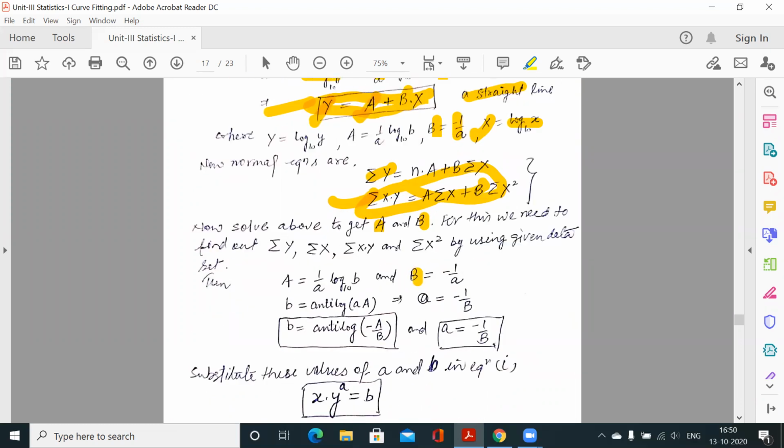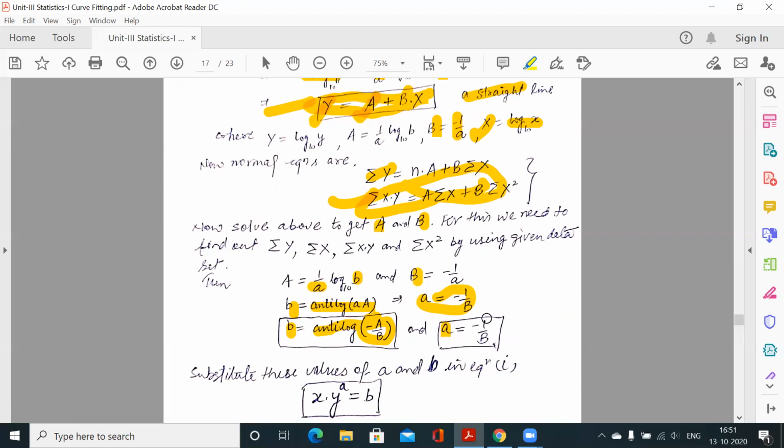B हम यहाँ रखेंगे तो हमें क्या मिल जाएगा, स्मॉल a। फिर स्मॉल ए को यहाँ रख देंगे। क्योंकि स्मॉल बी चाहिए था तो स्मॉल बी की वैल्यू क्या होगी, एंटी लॉग ऑफ ए। सो ए हमें यहाँ से मिल गया और कैपिटल ए हमें इसको सॉल्व करके मिला है, दोनों का मल्टीप्लाई। सो बी इज इक्वल टू एंटी लॉग ऑफ माइनस ए बाय बी, क्योंकि ए की वैल्यू क्या है -1/b। ठीक है।